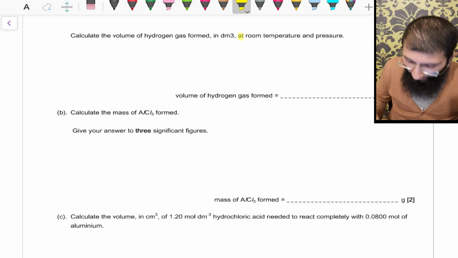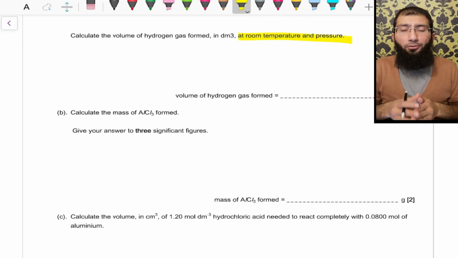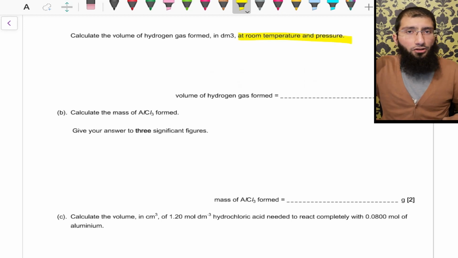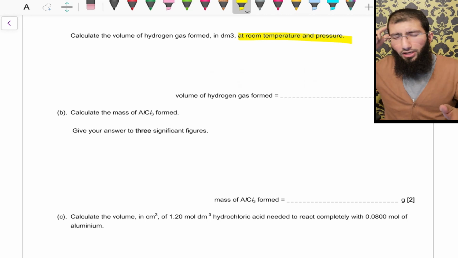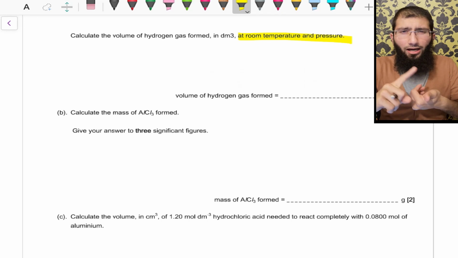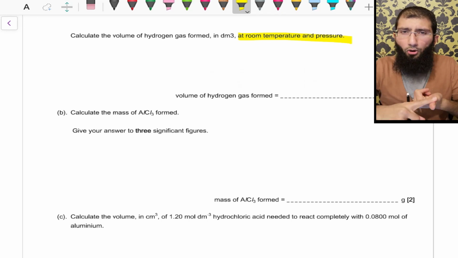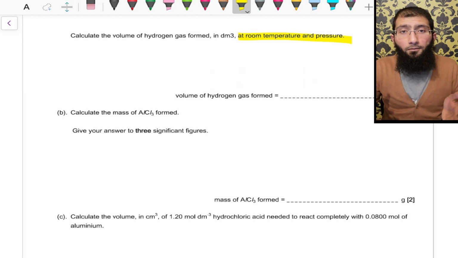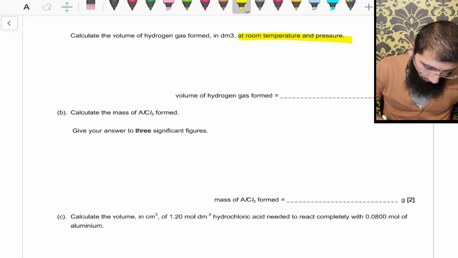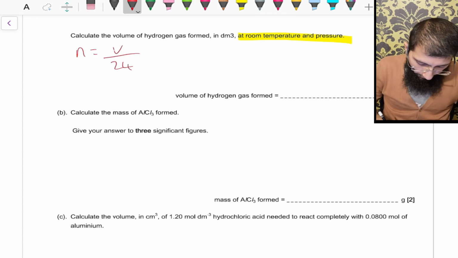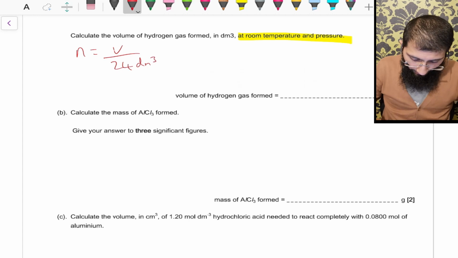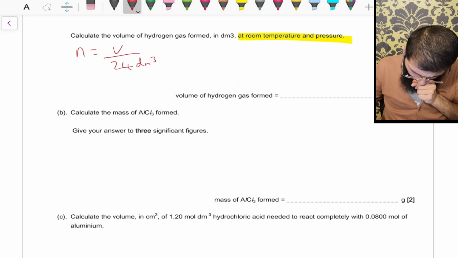So immediately when you see the words room temperature and pressure, your mind should be thinking, okay, there's going to be another equation, because I know that at room temperature and pressure, 1 mole of gas occupies 24 decimeters cubed of volume. So the equation to show this is n is equal to V over 24 dm cubed. We're asked to calculate the volume, so we know that